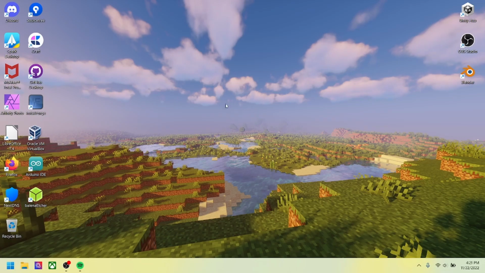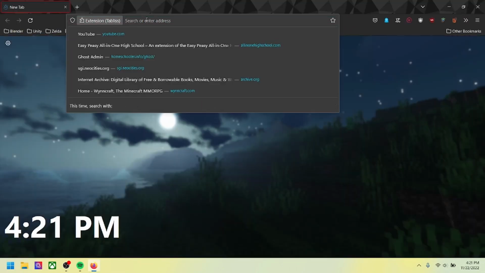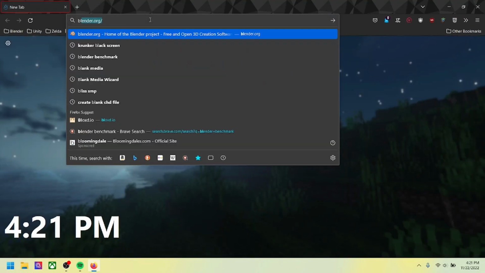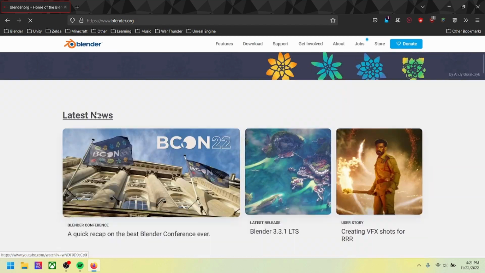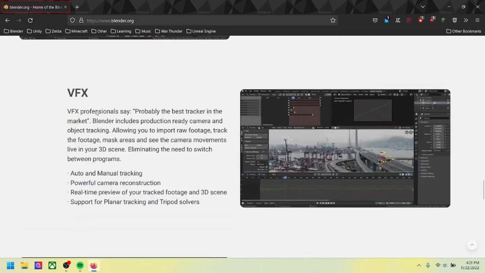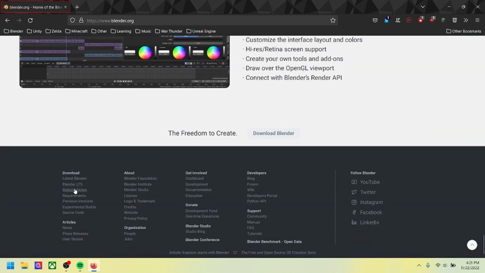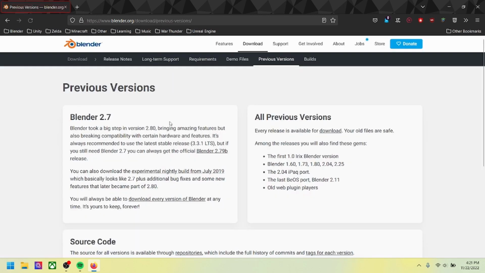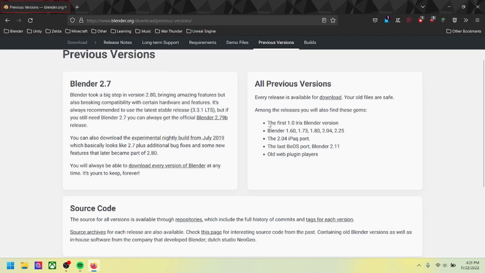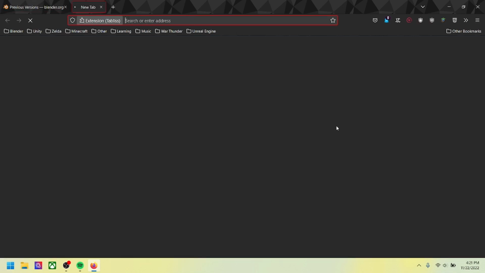Since that didn't work, we're going to look over at Blender to see what's going on. If you look at blender.org and scroll all the way down, we can see previous versions. If you click on this link, you can see that we can download the first 1.0 IRIX Blender version. And let's find out what IRIX is. So we copy,